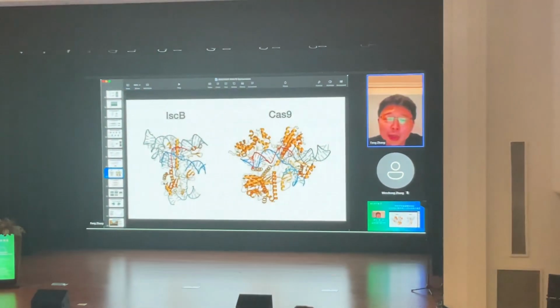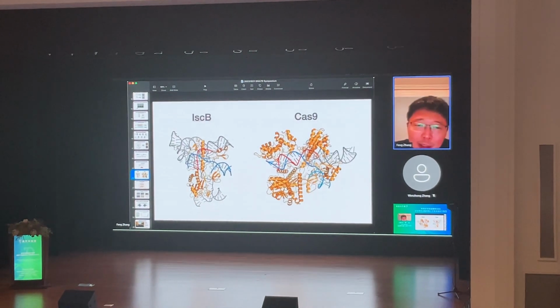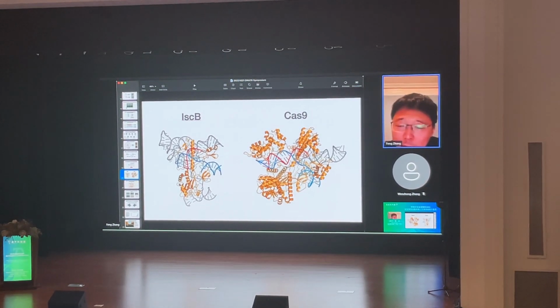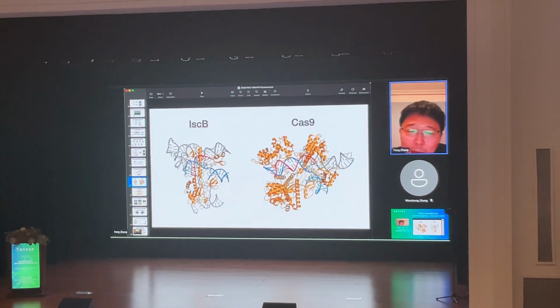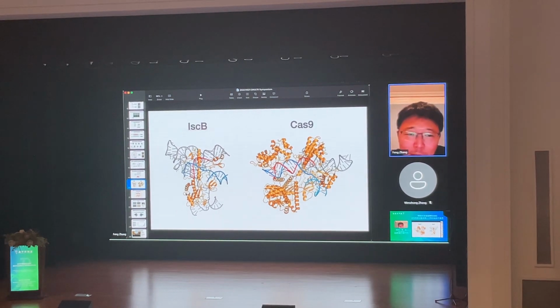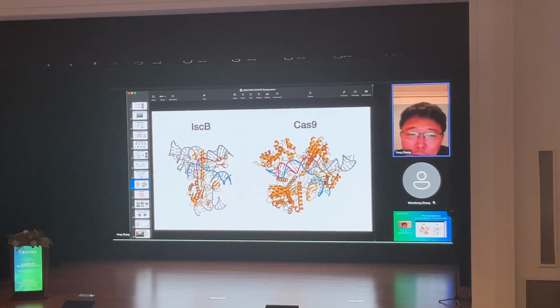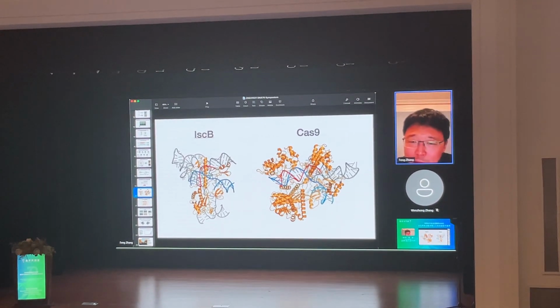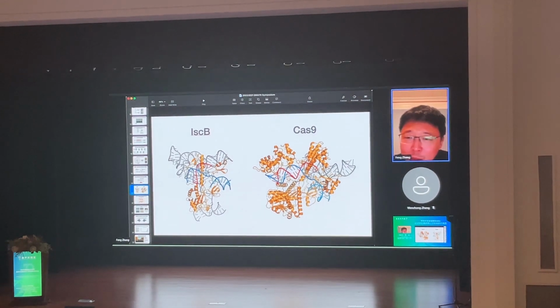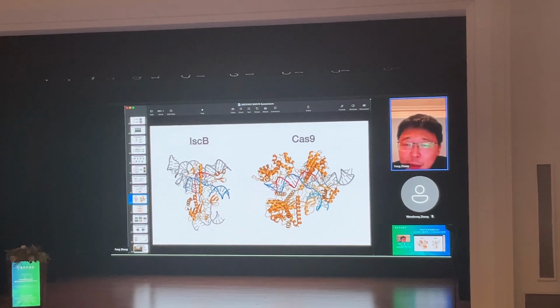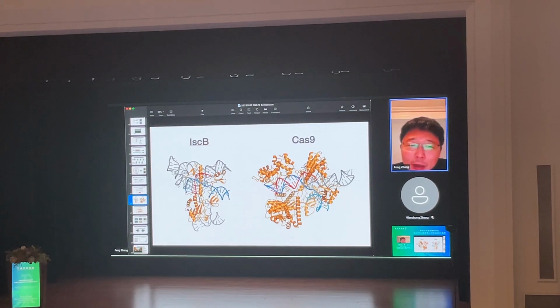And so we then solved the cryo-EM structure for IscB. And you can see, based on the structure of IscB and comparing that with Cas9, IscB is very small in the protein component. So these yellow parts are the protein. Cas9 is much larger, and the red domain that is missing in IscB is the orange-yellow domain that's on top over here. What is very interesting is that this red domain protein part in Cas9 is replaced by non-coding RNA